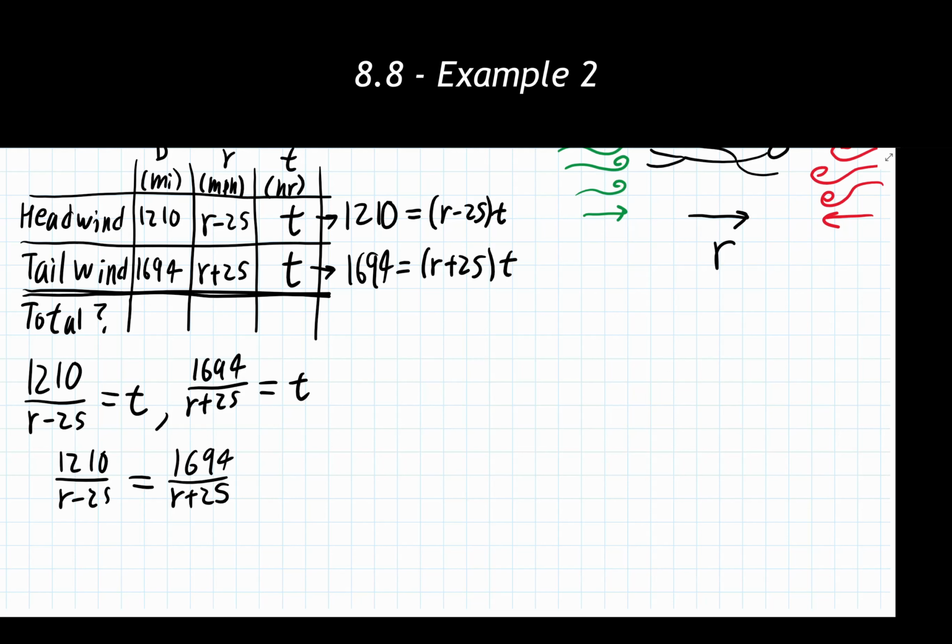So now I'm solving for r. I'm going to subtract the smaller of the two variable terms from both sides. It's going to mean I'm never going to divide by a negative at the very end of this problem, which is rather nice. What does this calculation be? It's 1,694 minus that. That's going to give me 484r.